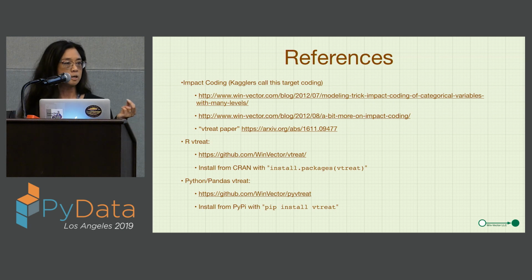The vtreat paper is written with respect to the R implementation, but the ideas are the same in both implementations. We also have GitHub repositories for both with additional documentation, calling interfaces and APIs, for the R version of vtreat, which is downloadable from CRAN, and the Python pandas version of vtreat, which is installable from PyPI.